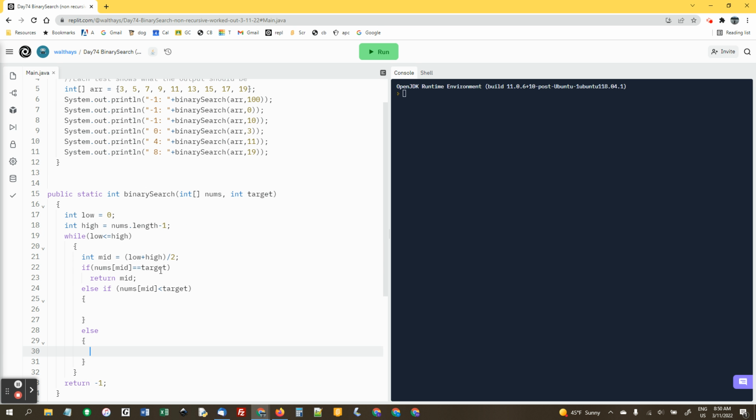So if we find it, we return where we found it. Otherwise, the target is bigger than the middle. That means we need to move the low all the way. Low becomes the middle plus 1, because we know it's not the middle. So now we're throwing away the left half of the list. We're keeping the right half of the list, which is 1 over from the middle all the way to high,